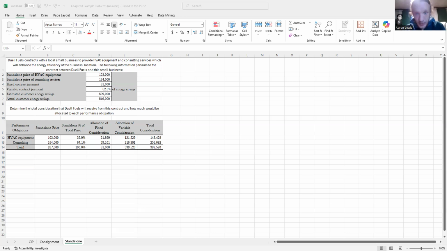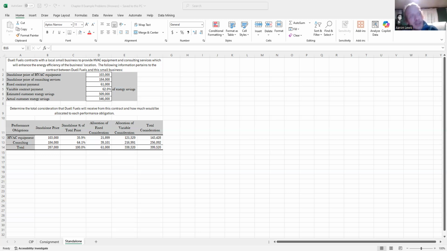$546,000. Well, we need, in this case, since these things are being sold in a bundle, to find some methodology to split this combined cost that we're getting, the $61,000 flat rate plus 62% of energy savings, between the two components of this bundle. And that is for the purpose of revenue recognition. Some things won't always be recognized at the same time. So let's chart this out down here really fast to figure out how we're going to do it according to